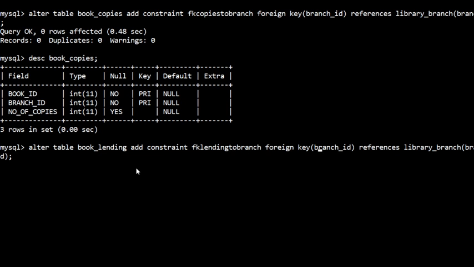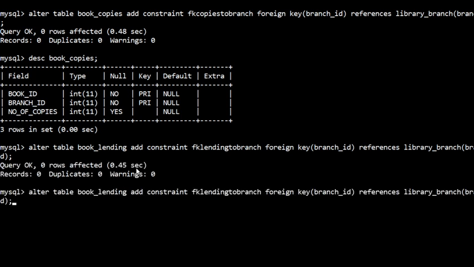So branch ID references library branch of branch ID. And another one we are adding: book ID is another foreign key in book lending table, so I'll change the constraint name to lending to book. You can give any name. Book ID references book of book ID.